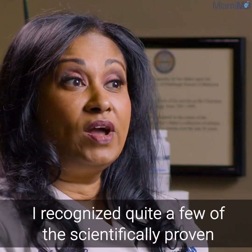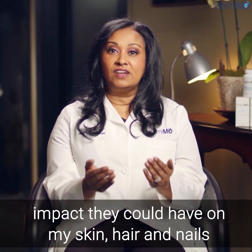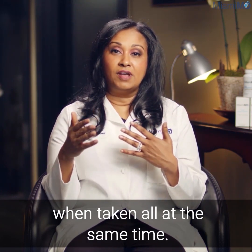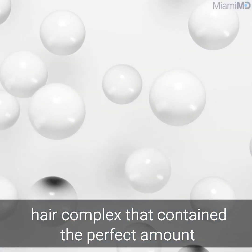I recognize quite a few of the scientifically proven ingredients on the list from various studies I'd read over the years, but never imagined the impact they could have on my skin, hair, and nails when taken at the same time. First on the list was 400 milligrams of a unique skin and hair complex that contained the perfect amount